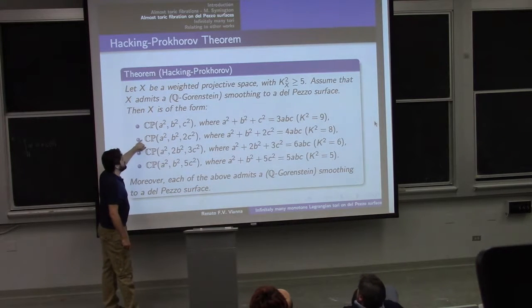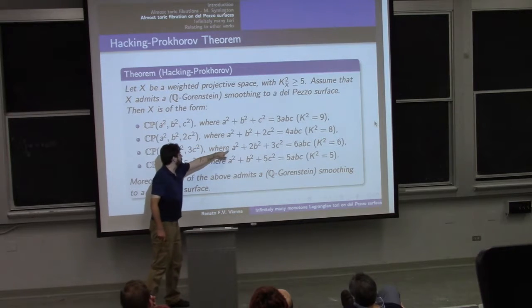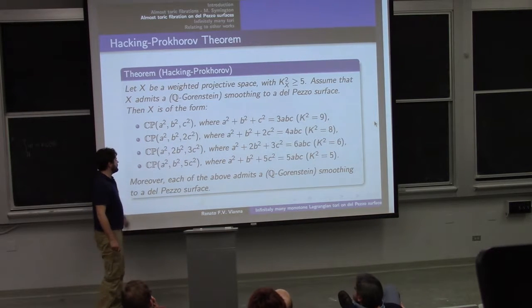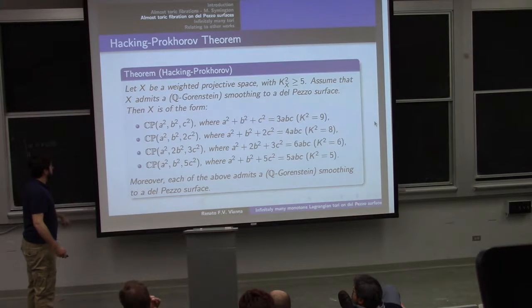So this second one here appears for the case of P1 times P1, and this one here was the one that we saw on the previous slide, and then one should expect to get a similar one for the next blow up. And so what I want to emphasize here is that somehow